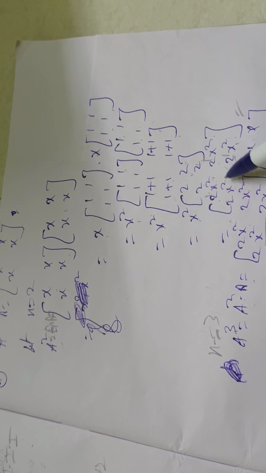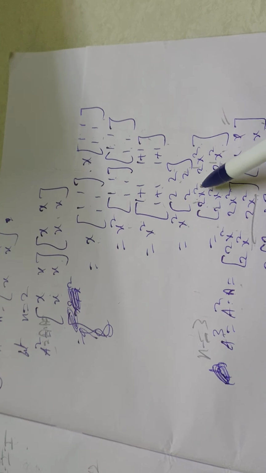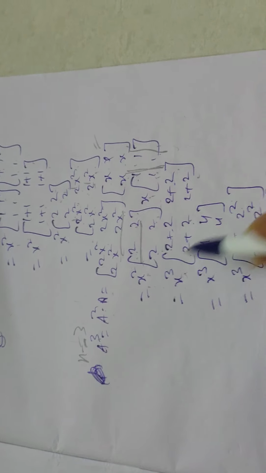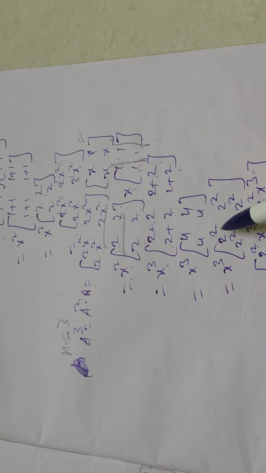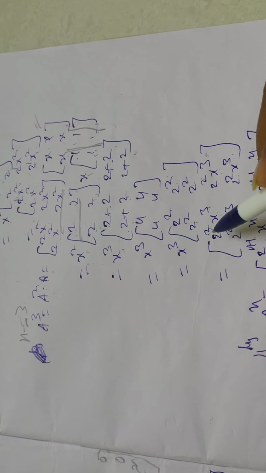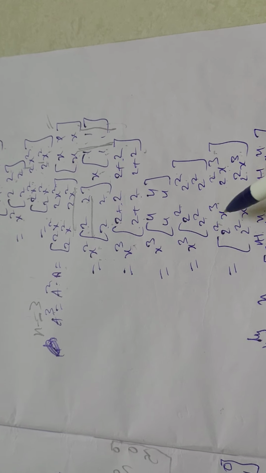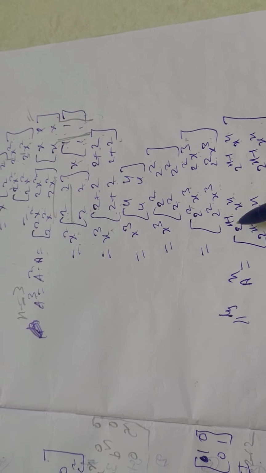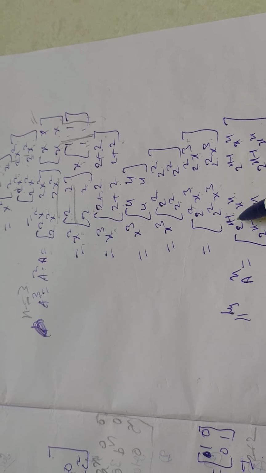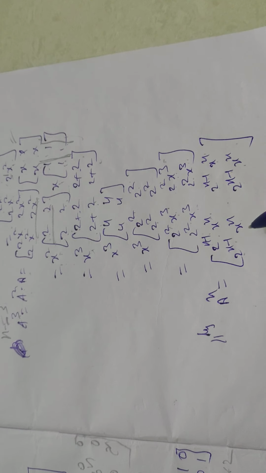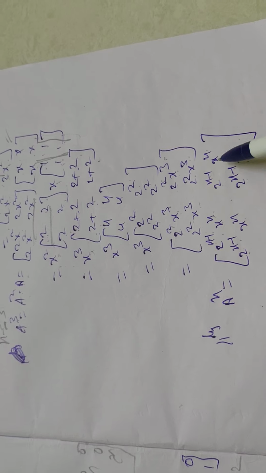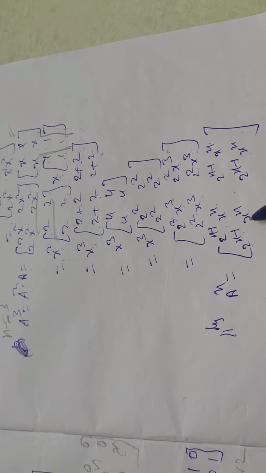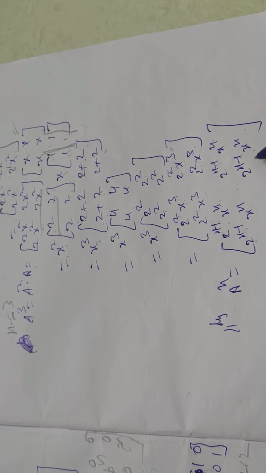That means 2 minus 1, and x power is 2 only. For n is equal to 3, the power of 2 is 2, that means 3 minus 1, and x power is same, 3. So similarly, for A power n, the power of 2 will be n minus 1 and x power is n. So you get the same matrix: 2 power n minus 1 into x power n, in all four places. So this is the proof of this one.